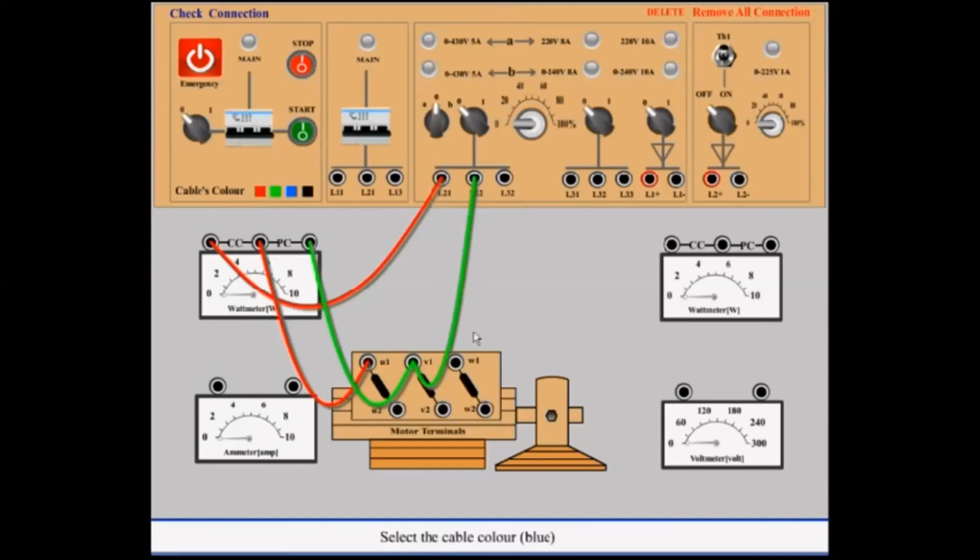Select the cable color blue. Connect L3 with CC of the wattmeter on the right side. Connect the common point of the wattmeter with W1. Select the cable color green. Connect PCA with V1.